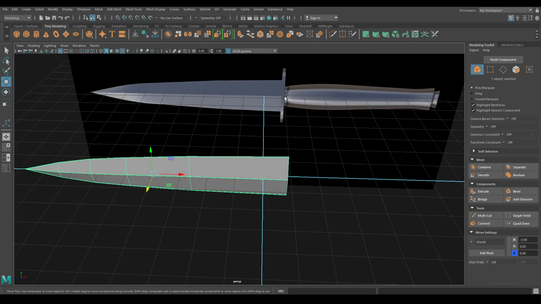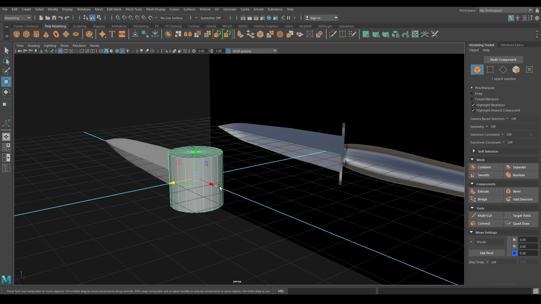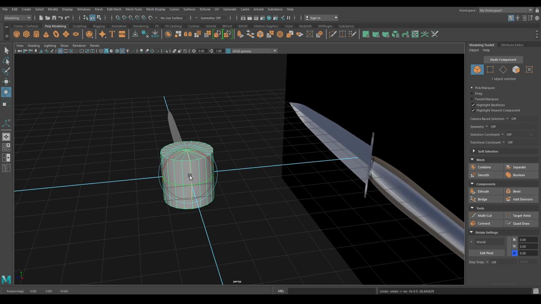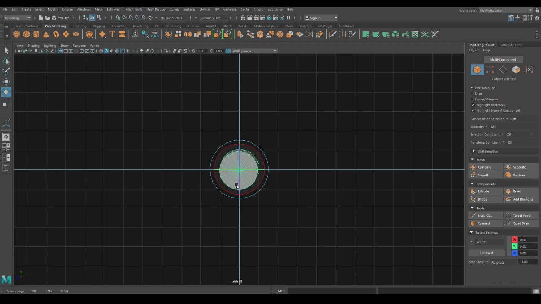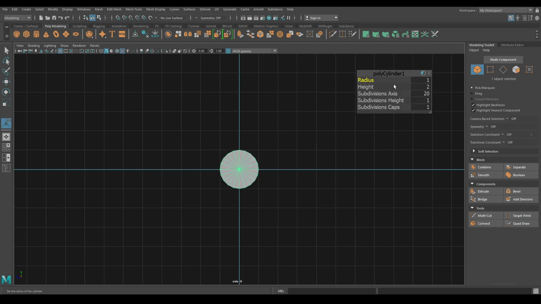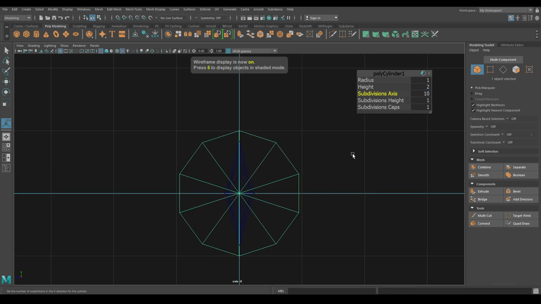Now let's create this part of the knife, and for that I'm going to take a cylinder, rotate this, go to right view, press T and change the subdivision axis to 10, and also press 4 to enable the wireframe.